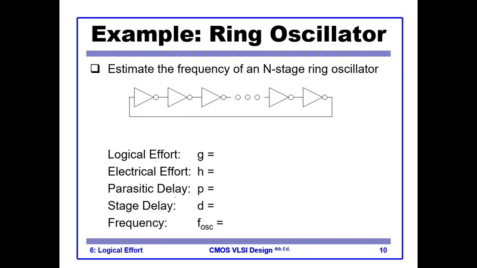Let's come to another example, which is the example of a ring oscillator. The example says: estimate the frequency of an n-stage ring oscillator. A ring oscillator is basically a lot of inverters that are connected